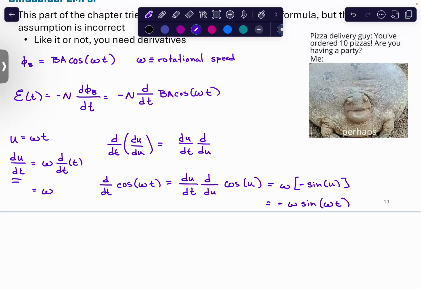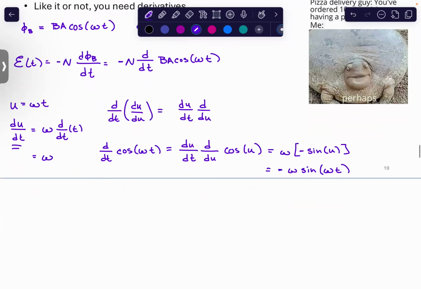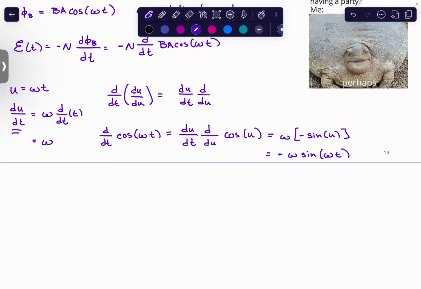Once you get used to that process, you can just say, okay, if I took another derivative, I'm going to get omega squared. And then once I get back around through cosine, then the sign out front will be positive, and so on. You're just going to keep getting omega squared, omega cubed, omega to the fourth, and so on. And so what this ends up being is